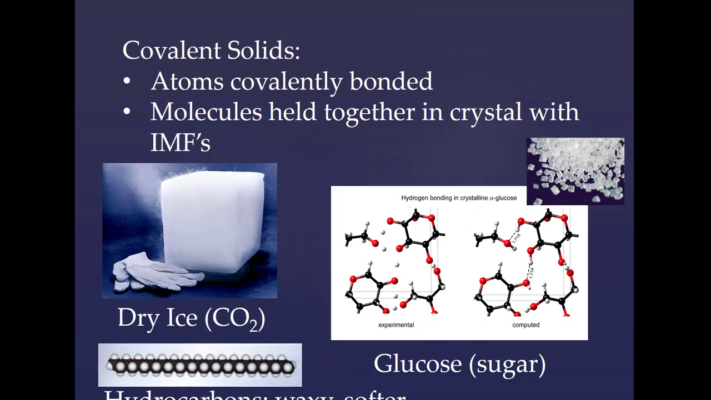All right, now to covalent solids, which we spend a good portion of this unit talking about. When we look at a covalent solid, the atoms in the molecule are covalently bonded, but the molecules themselves are held together with intermolecular forces. For example, look at this dry ice. So dry ice is carbon dioxide